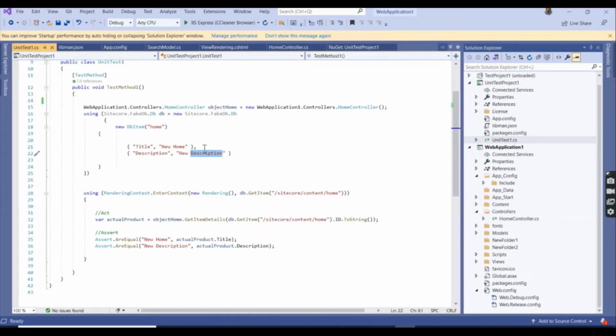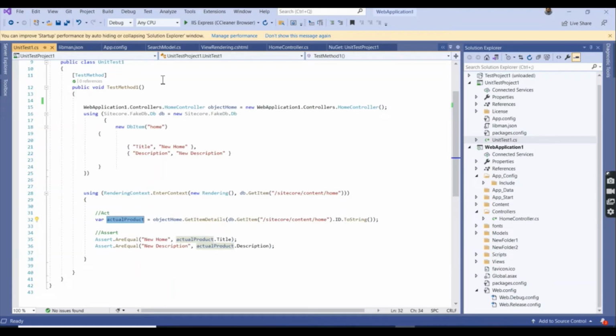So normally whatever you create as home will be considered as the Sitecore content home only. If hierarchically you create a sub child item, it will be considered as home slash something child item. So I am calling this GetItemDetails method. I am just passing this ID's ToString, that is the item ID of this item. And I am just verifying the actual response of the method with the values provided here, new home and new description.